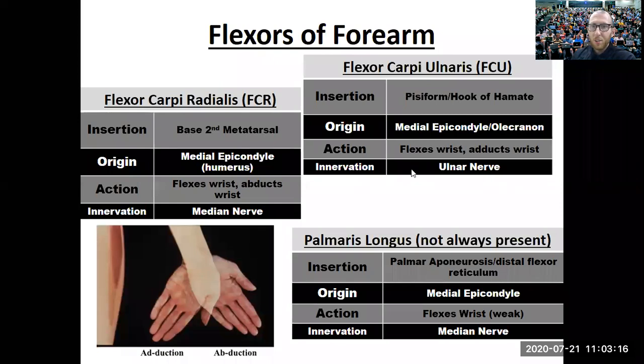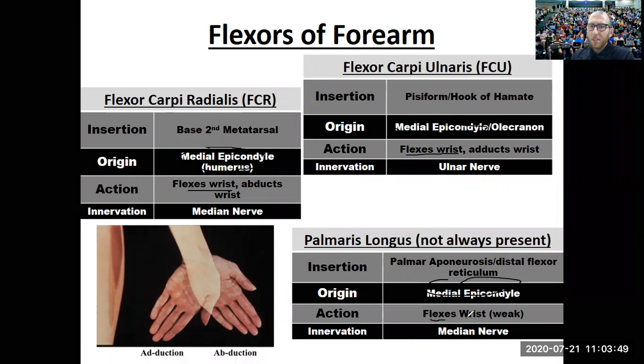Here are the tables for you if you want the full tables. We will focus more primarily on the nerve and the action. So don't worry so much about the origin and the insertion unless there's a common origin and insertion, and in this case, medial epicondyle, medial epicondyle, medial epicondyle. You see that pretty much everywhere, so make sure you know those common origins. But we want to focus in on the fact that these two flex the wrist,